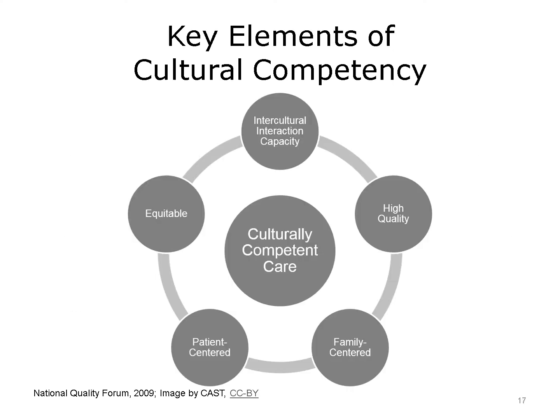The National Quality Forum's definition emphasizes 5 key elements of cultural competency. Ongoing capacity includes the, quote, policies, learning processes, and structures by which organizations and individuals develop the attitudes, behaviors, and systems that are needed for effective cross-cultural interactions. High-quality care implies state-of-the-art care based on evidence-based clinical practices.